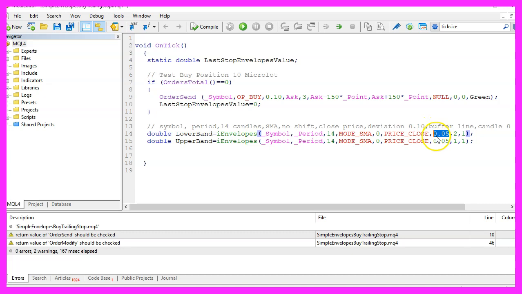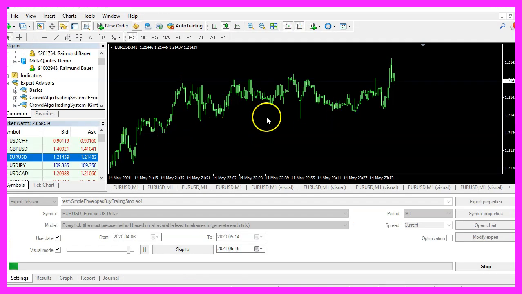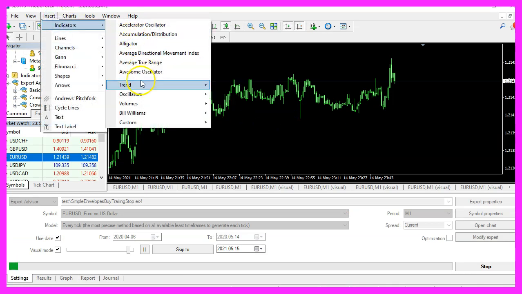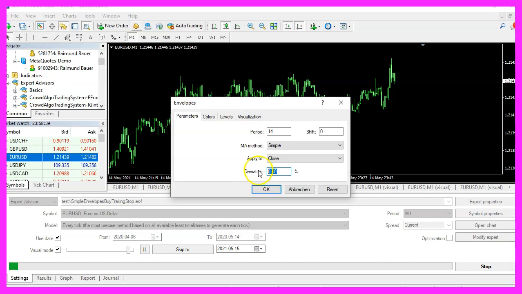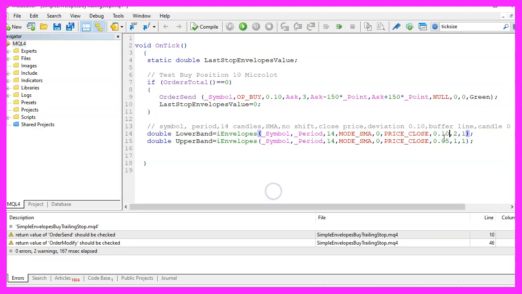And if you wonder what this value is, well, if you open a new chart window and click on Insert, Indicators, Trend, Envelopes, the standard value is 0.10%. So let's click on OK. Let's use that value in our indicator. This parameter here is for buffer 2 or buffer 1.